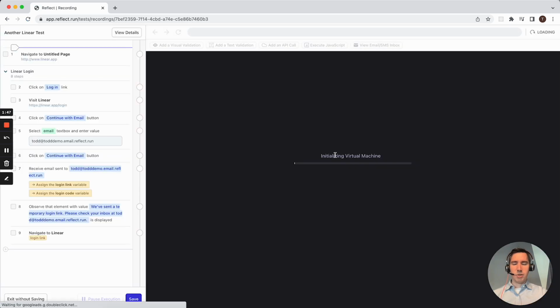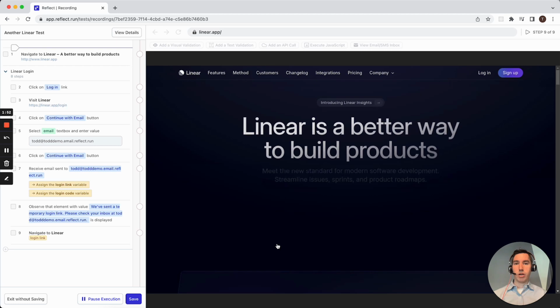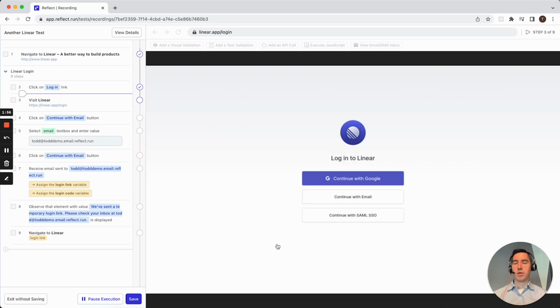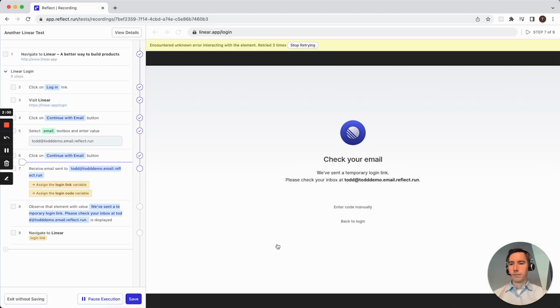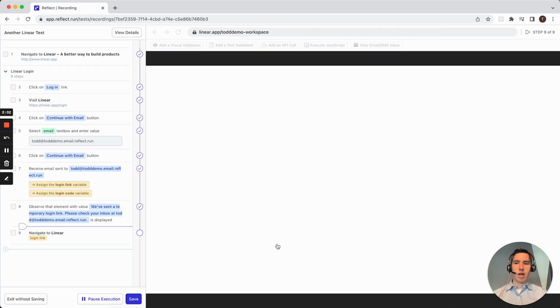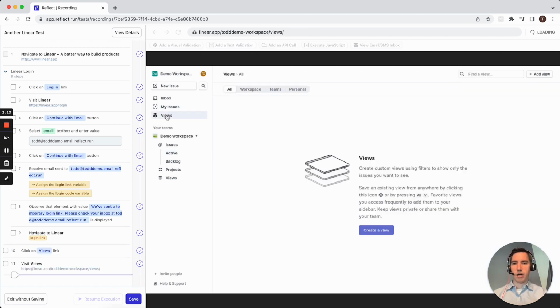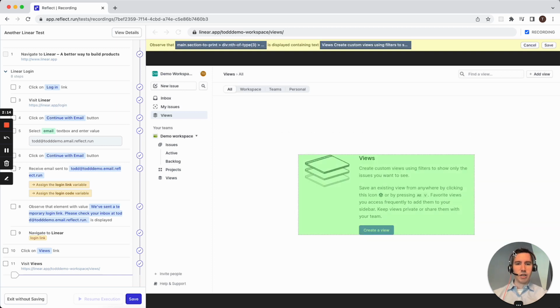So now when I click begin recording here, what happens is Reflect doesn't start with just a fresh browser session. It starts with a fresh browser session and then logs me in. So this saves you some time when you're creating those feature tests. Once those login steps are completed, we'll have the ability to now record additional steps. So for example, I could go into views here and maybe do a visual validation for this section right here,